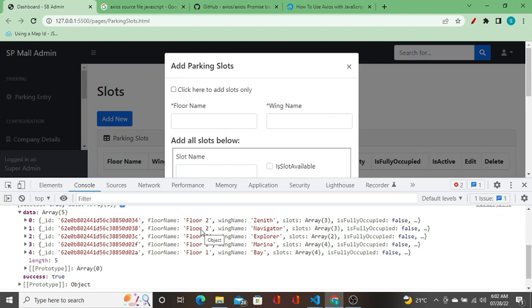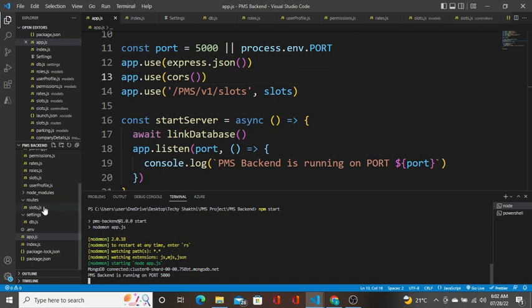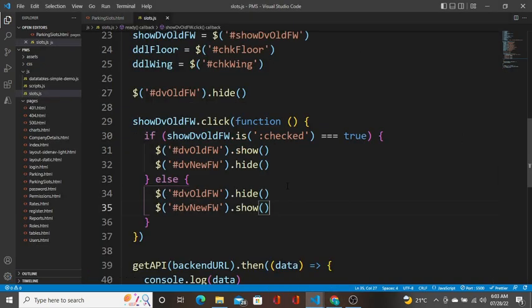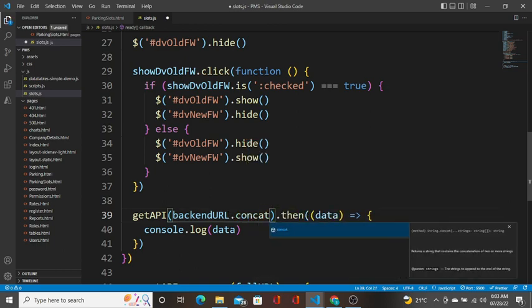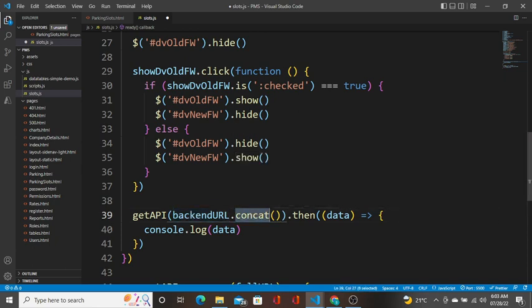floors. So here we are getting all the slots, but we need the distinct floors to be bound here. So we need to have the correct URL for that. Going to routes, this is the URL we have to pass. Okay, so let's take this and go to frontend. Here, before, we can do backend url.concat. Note that this is a string function. This is a string, and I'm concatenating another string here. Okay, slash true what slash